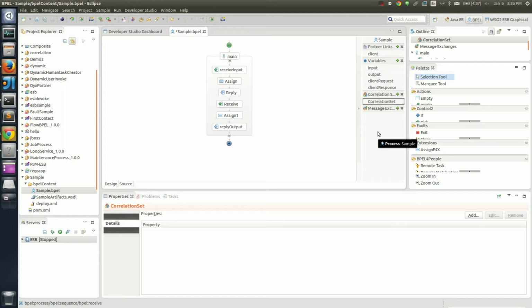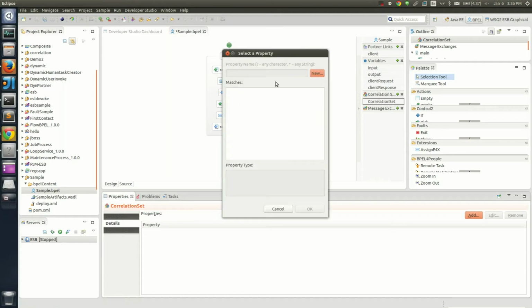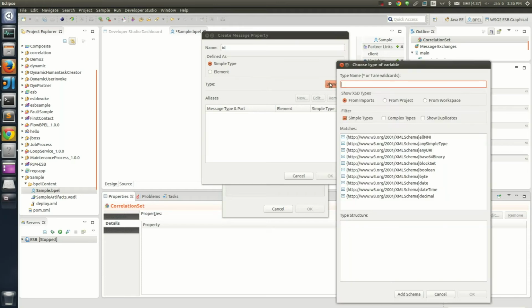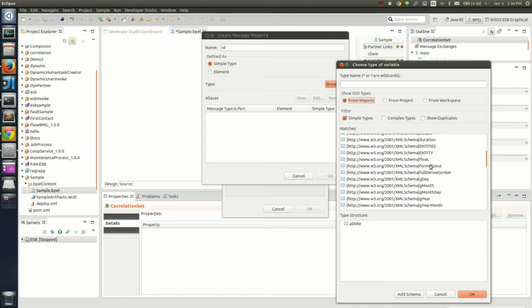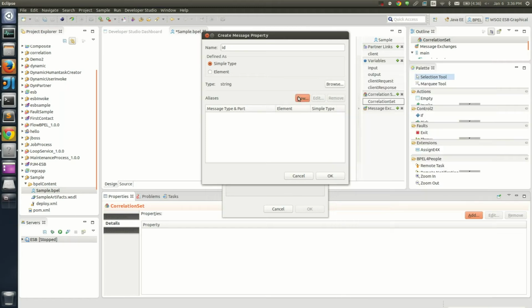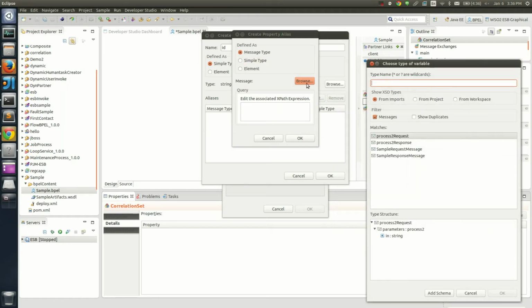Now let's configure the correlations. For this, we will create a new correlation set variable. Now let's configure the correlation mappings. I'm using ID as the name and string as the message property type. Now for the mapping, we need to add the parameters that we wish to map.